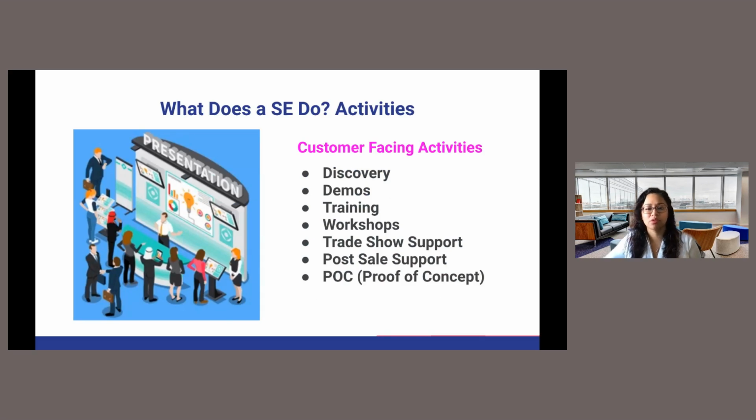Now, here are some examples of customer-facing activities. It's a whole list, but let's start with the top one. In the discovery session, these customer-facing activities are a conversation with the customer. They're dedicated to technical scoping, and it's during these sessions that sales engineers are going to try to understand the customer's needs and problems and figure out what is the best product that we can offer to solve them. And the second part, which is the presentation and demonstration portion, sales engineers are going to do product feature presentations, training sessions, and workshops with the customer, all with the aim to assist the customer to be successful with the product.